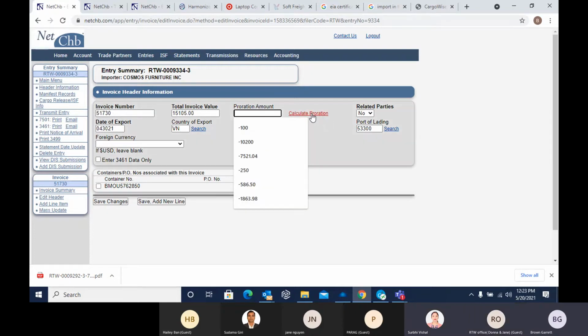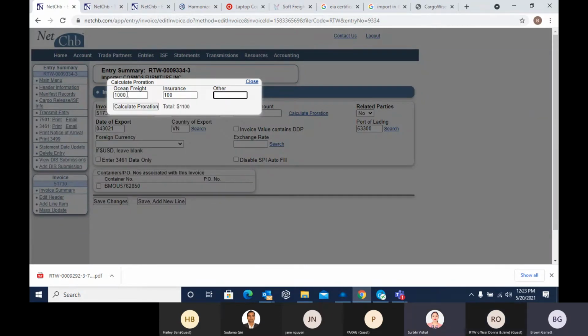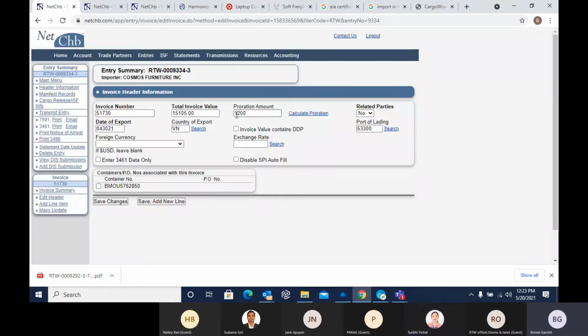So we don't have Incoterms, and most of them we do unless it's specified. Okay. But the option is there for us. If I were to put, I'm going to take this out, that they had $1,000 freight, $100 insurance, and some other expense, it'll prorate for us, and then we'll decide if we minus it. And if it's DDP, we can also include that. So we're not going to do that here, but the option is there. Then